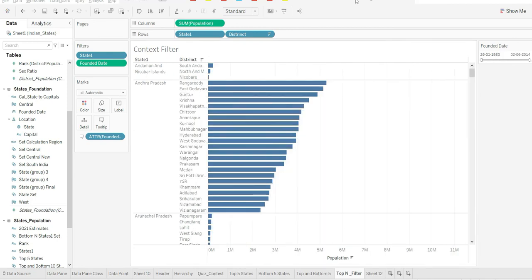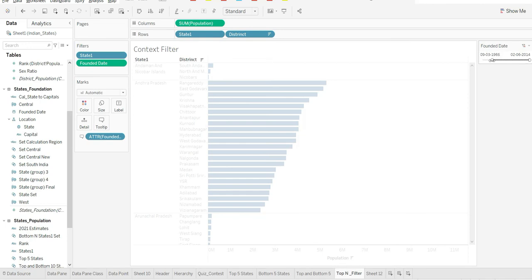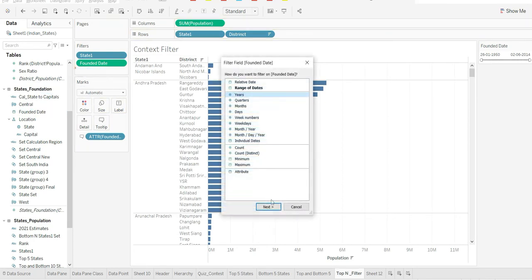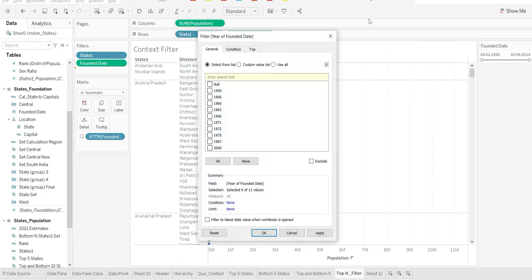One difference that you can notice with the discrete way of selection of filter or the continuous way: the continuous is like a line, right? It will have the years or dates where actually no states were being formed. It will have everything, right? If you see 50-50 on it, it is taking everything, but if I put it over there and go with the discrete, you will see that these are the only years. So with the continuous way of filtering, you get all the range over there, meaning you'll have the lowest and the biggest, and in between it will cover all the numbers. This can be one of the differences that you can notice.